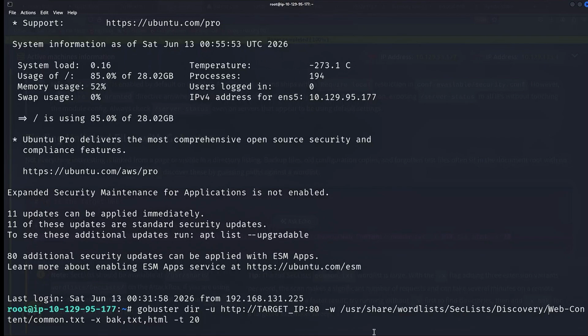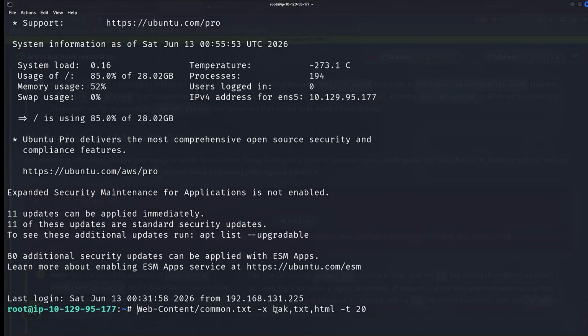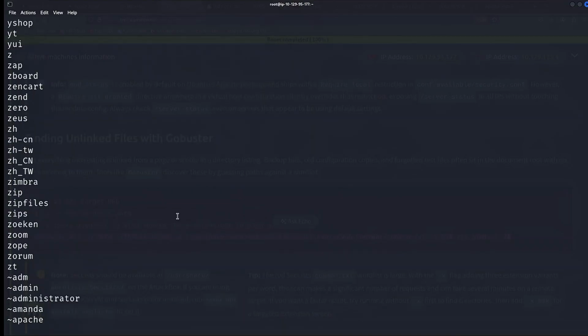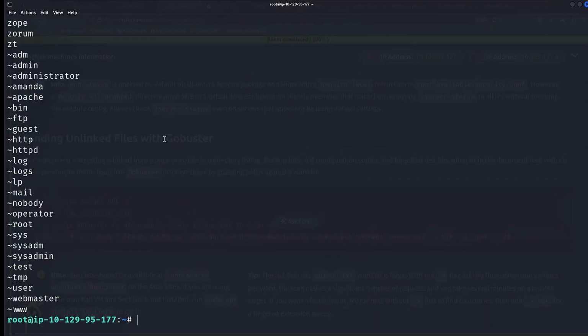I'm just curious, so let me see what's actually inside this file. Oh, that's nice. So notice it's like this. Once we do the full command, it adds things like